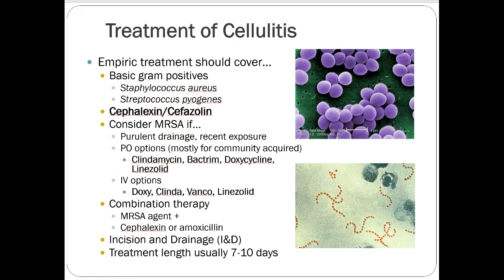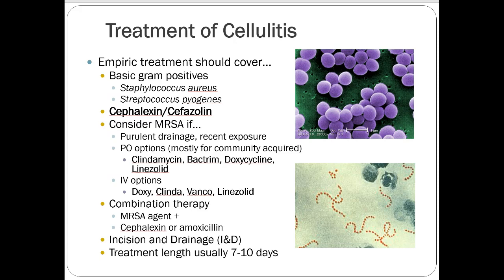Now, of course, MRSA is a gaping hole in the cephalosporin spectrum. So that's something that if you are going to cover for MRSA, you're going to have to switch it up. And so the basics behind empirically treating for MRSA. So let's say you have a cellulitis and you don't know what it is. What you're going to look for is purulent drainage and recent exposure to MRSA. And then the PO options for MRSA are clindamycin, Bactrim, which is sulfamethoxazole trimethoprim, doxycycline, and linezolid